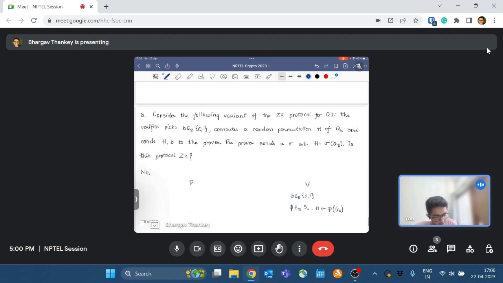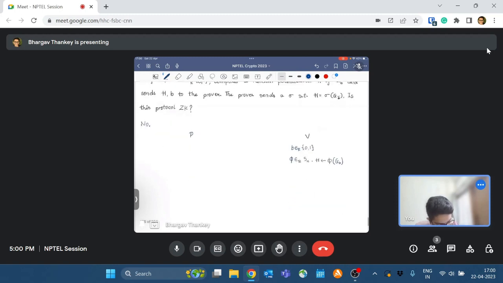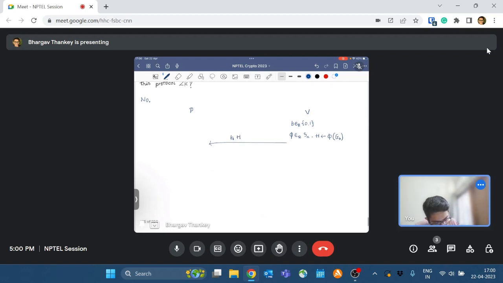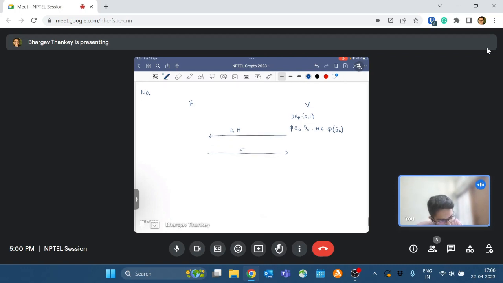So this is exactly what's done in the protocol. P sends sigma and P checks if